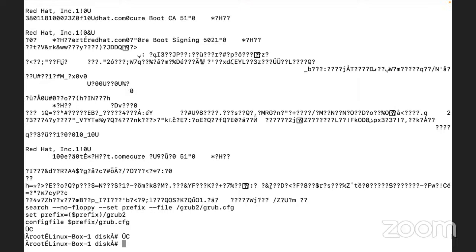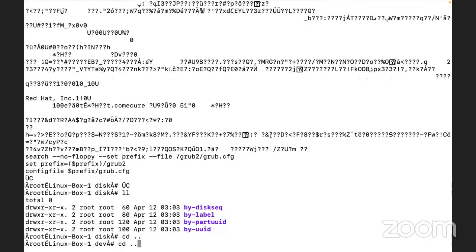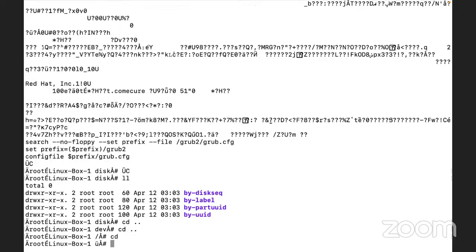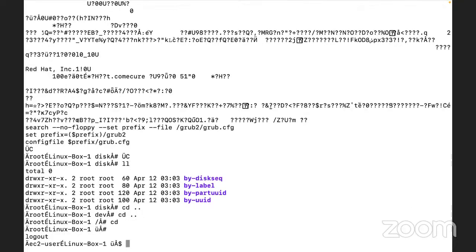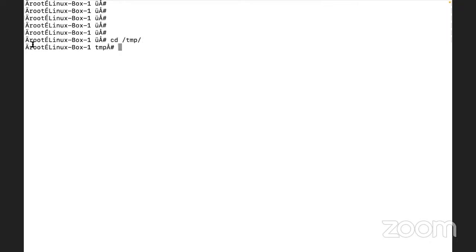But yes, if you want to see, because of that binary, some modification has been done within this particular font.